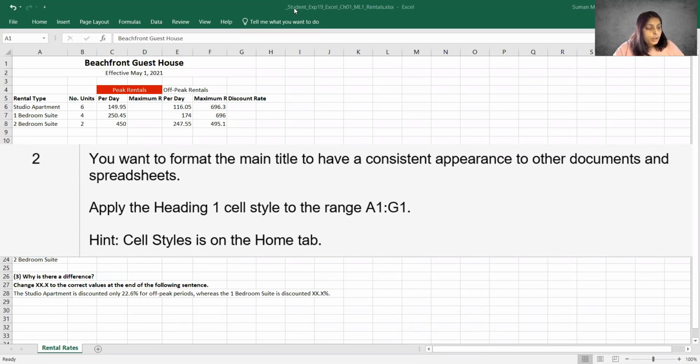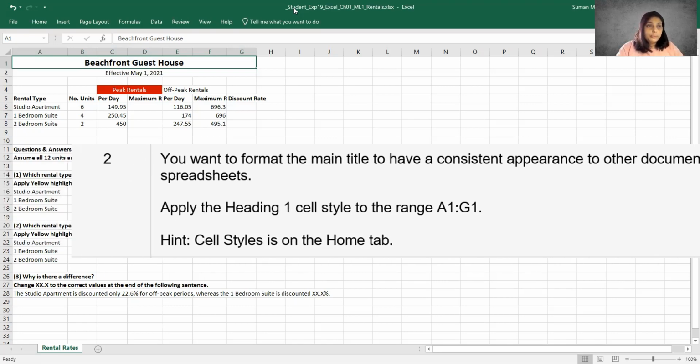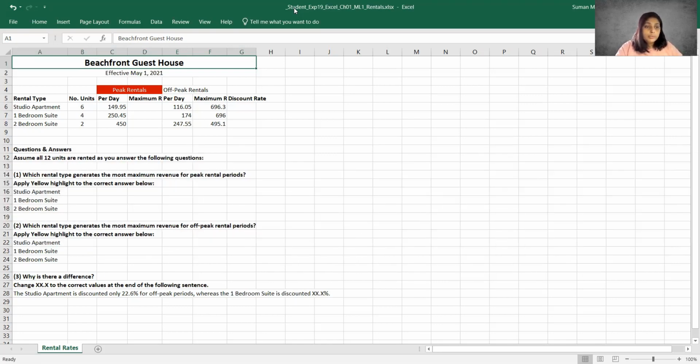Step 2, you want to format the main title to have a consistent appearance to other documents and spreadsheets. Apply the heading 1 cell style to the range A1 through G1. So this is my tab here for rental rates. These are all my cells.